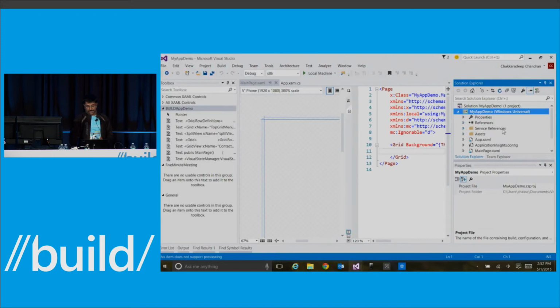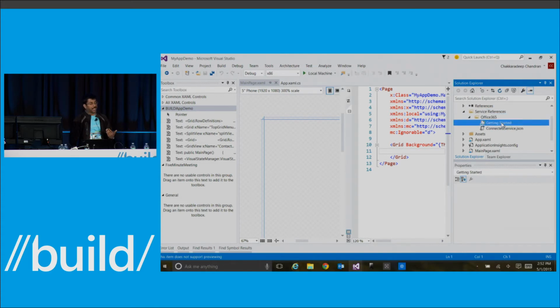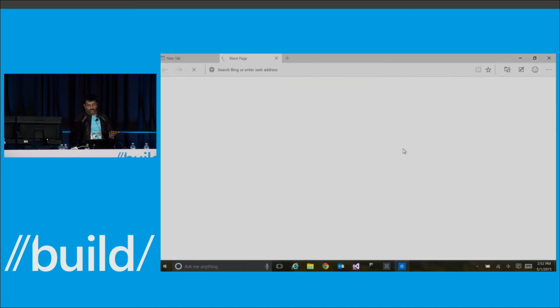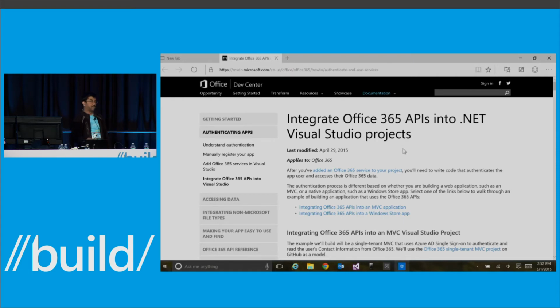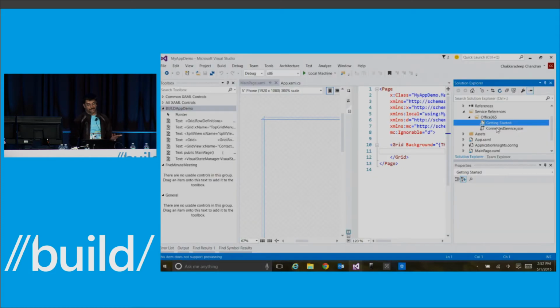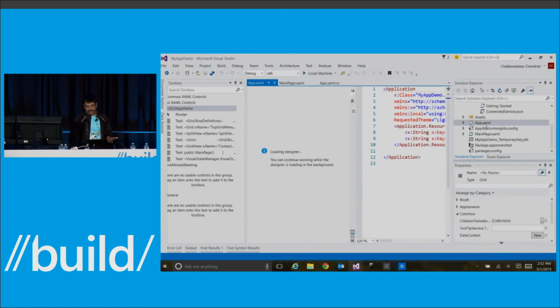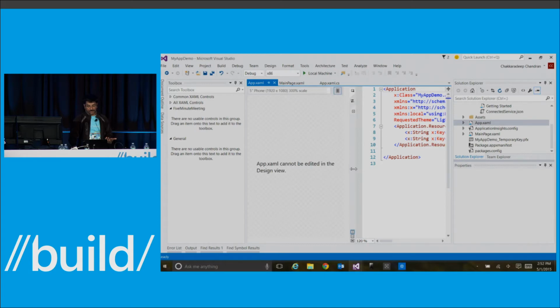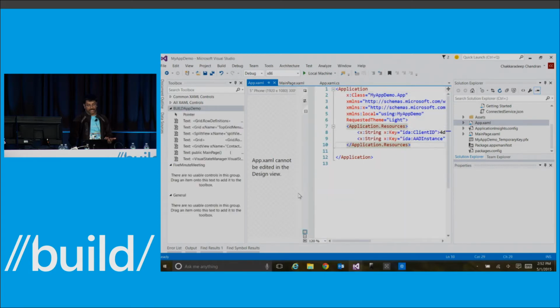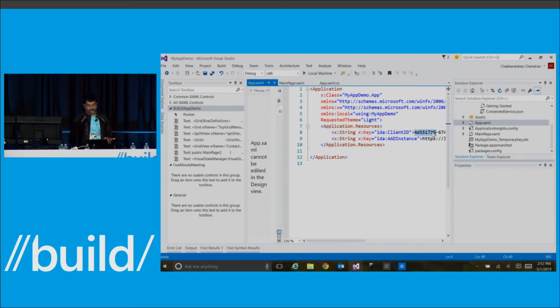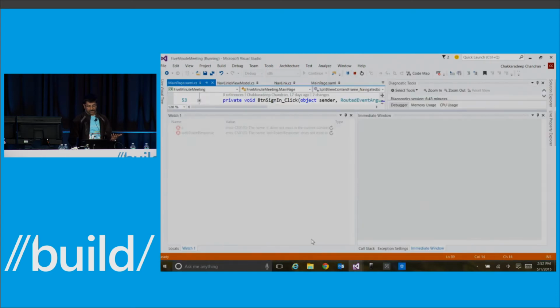So if you look at what happened here, we have service reference folder. We added Office 365. Now, if you suddenly want to understand, oh, what do I do next? Well, you can click the Getting Started, and we will take you to the actual page where you can find information on how to interact with these APIs. So all the information is here. And then if you look at app.xaml, you actually see the client ID and AAD instance. So if you look at our code in 5-minute meeting,